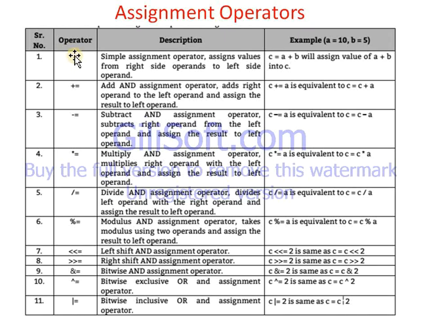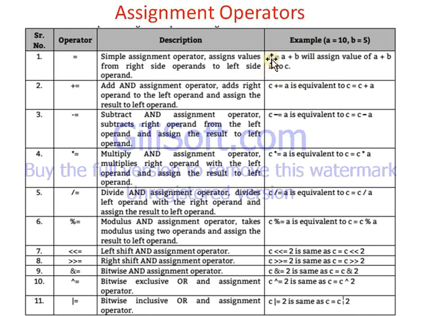It means the assignment operator is used for assigning a value, and the assignment is from the right side to the left side. It means the right side operand's value is assigned to the left side operand.